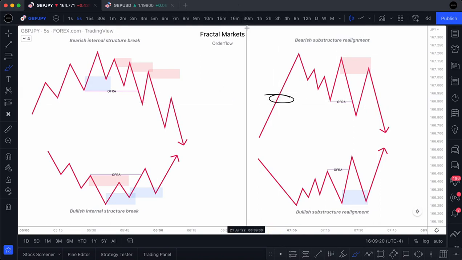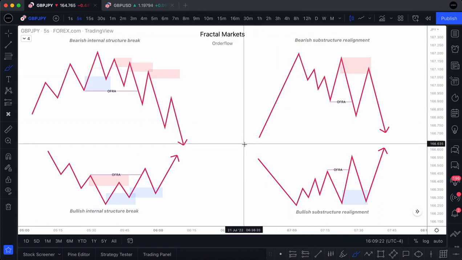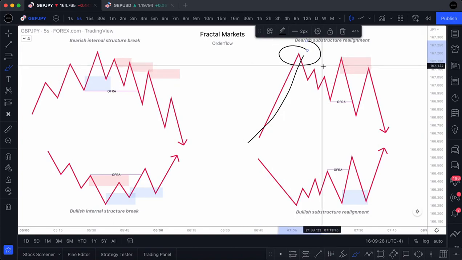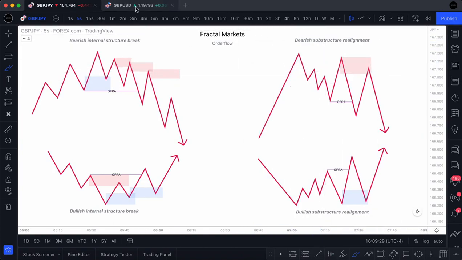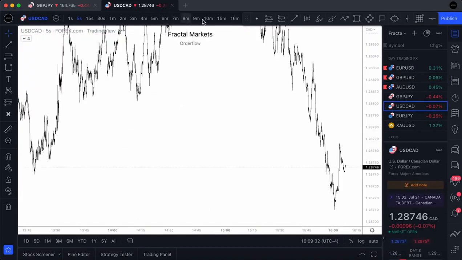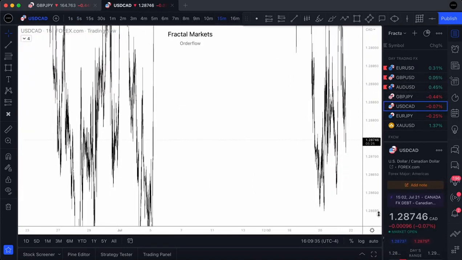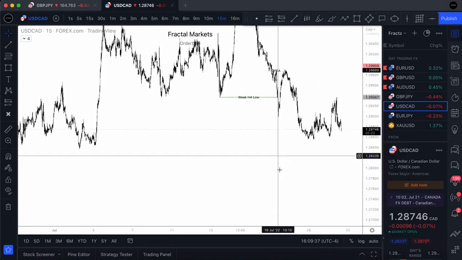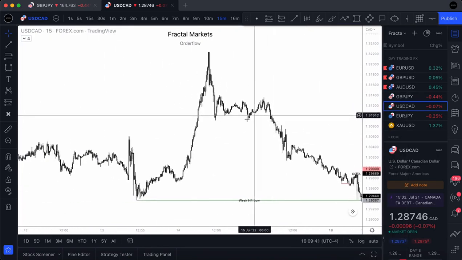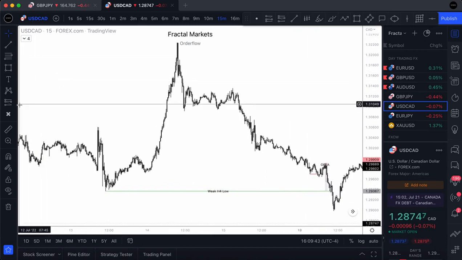Now, when these things happen is typically after a very, very large liquidation of price. A perfect example would be on USD CAD. Actually, let me just jump over to USD CAD so I can show you what this looks like on a 15-minute. Yeah, so something along the lines of this, where we actually don't get the sort of change of character or anything of that nature, but we do get, let me just go like this,